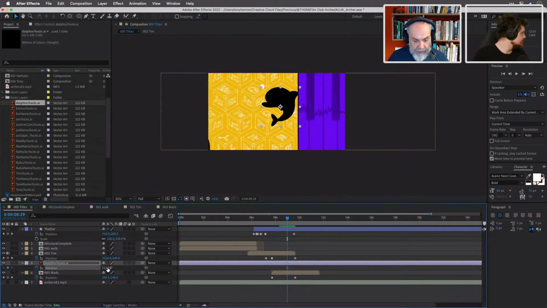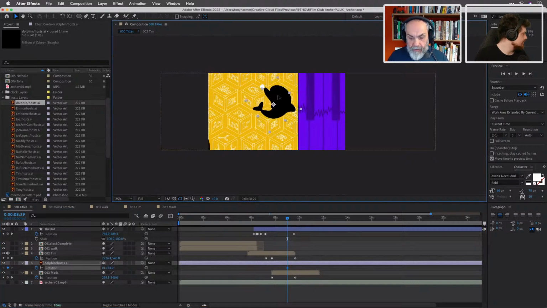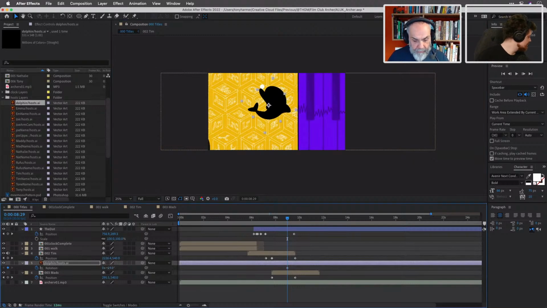So if I change the rotation value like that, and also change the position. There we go. Now I need to just back off from that a little bit. There we are. That'll work. Good.